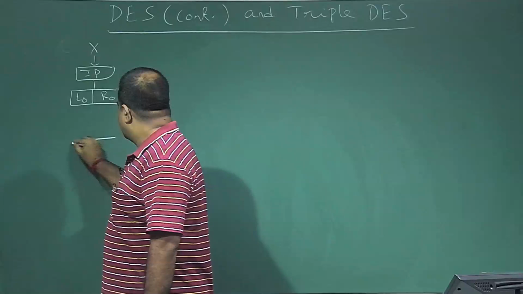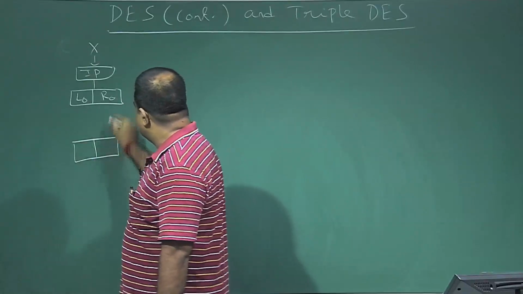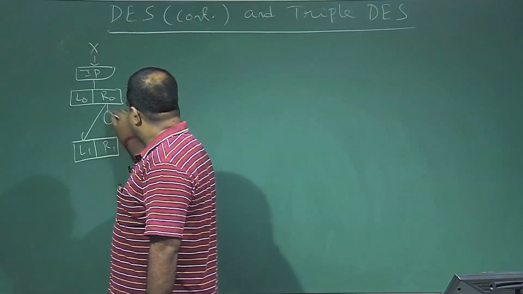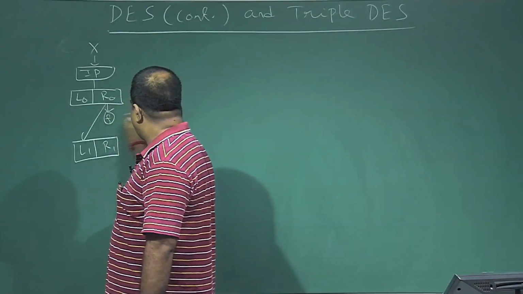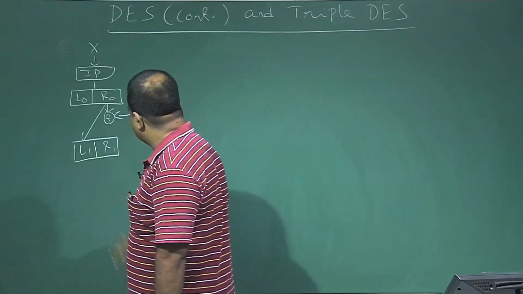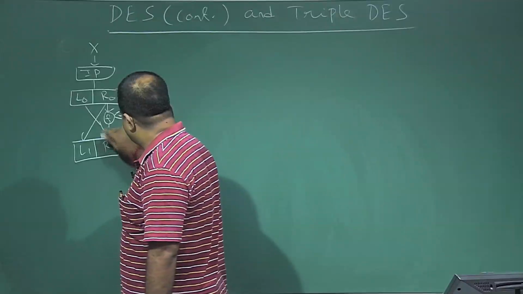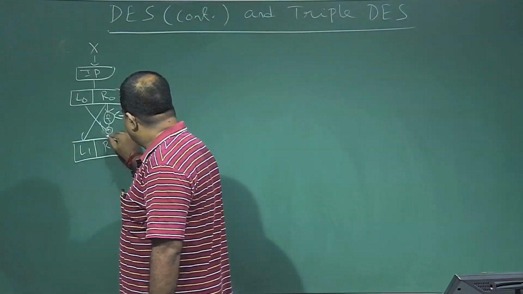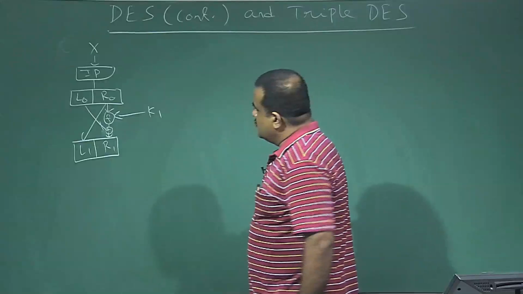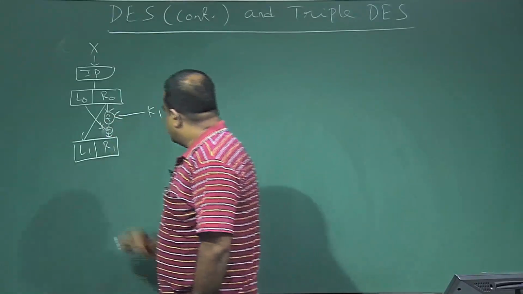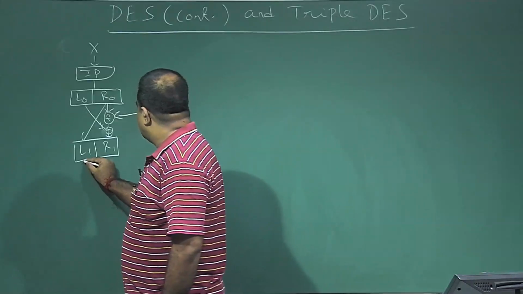Then we are having a Feistel operation. So this is directly coming here, L1 R1. Then this is the function f, which is taking K1 as the first round key. Then we are XORing with this. Bitwise XOR, and this is the R1. Okay, so this is the first round, and then we continue this.